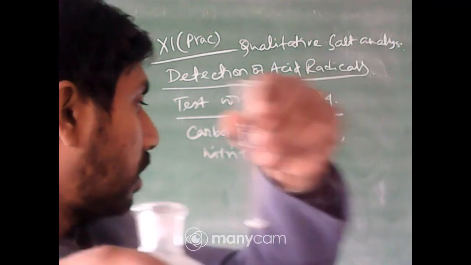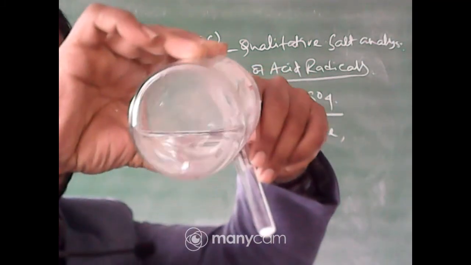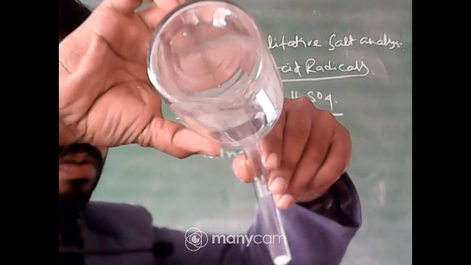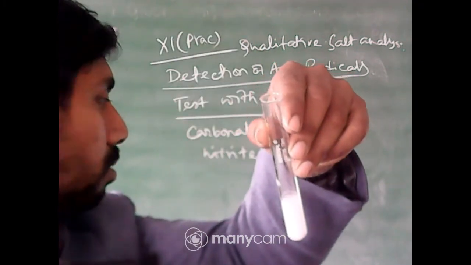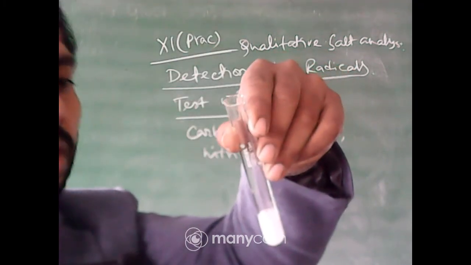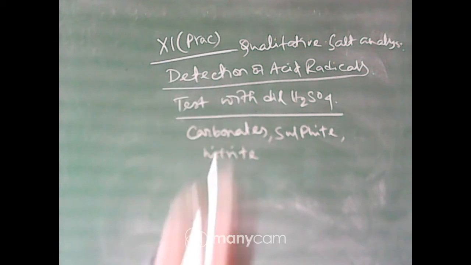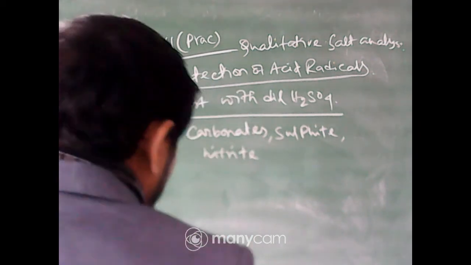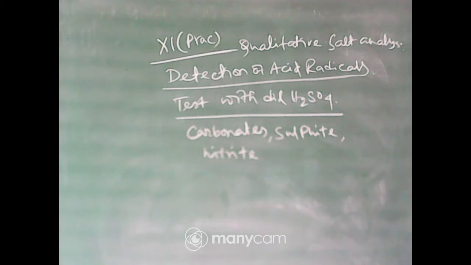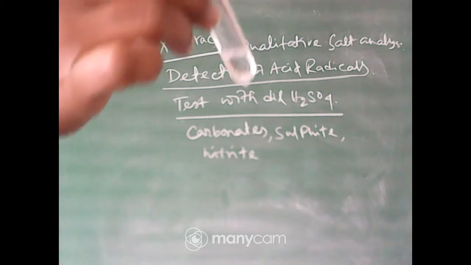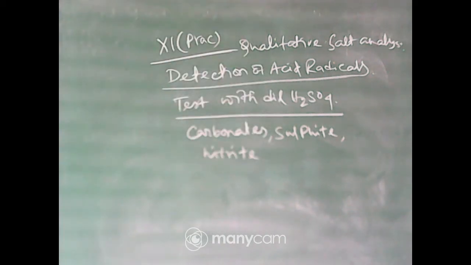Now you will look at the test tube. A vigorous reaction occurred here. You can see the bubbles of carbon dioxide, and still it is bubbling, as there is the salt at the bottom of the test tube. So it is the carbonates, and if the issuing gas is passed through lime water, then the lime water turns milky due to the precipitation of calcium carbonate.